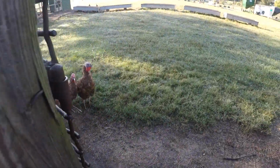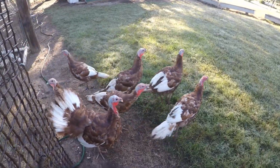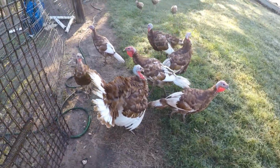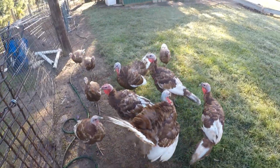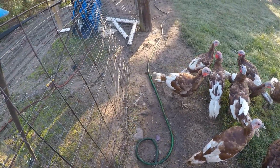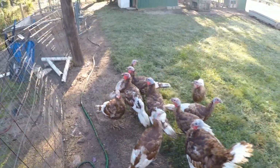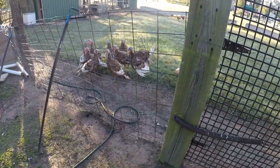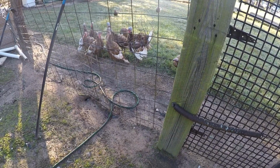My turkeys, they're up here wanting to be fed, and they're actually enjoying the colder weather. They know it's grocery time this morning. I'm going to walk in and take a little look at the garden. Shut this gate back, and yeah,